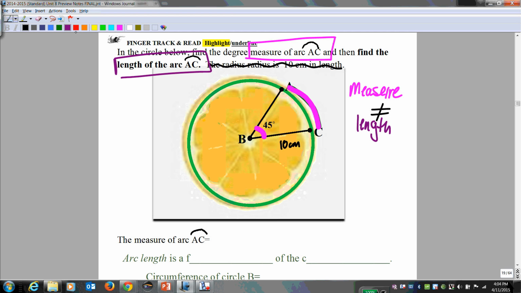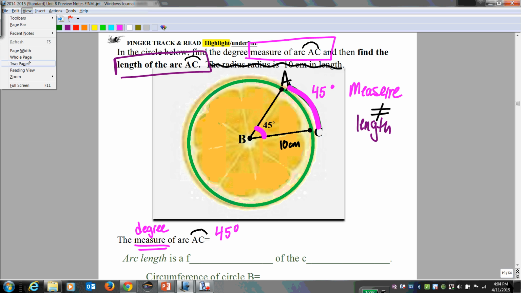So the measure of the arc A to C is 45 degrees. We're talking about the curvature. That's measure. When we say measure, we mean degrees. Now, if I want the actual length of the arc, the physical length of the arc,